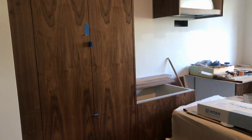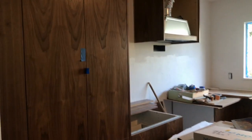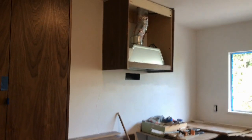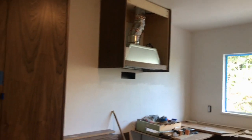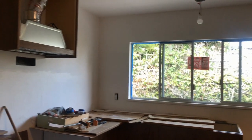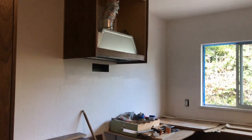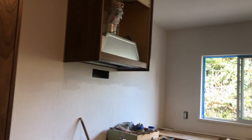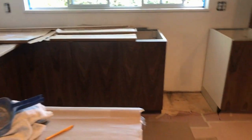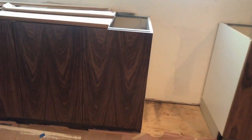Okay, it's been a while since I've updated the kitchen, but it's looking good. It's definitely a slow process. That is going to be covered. That is going to be the hood above the stove. That's missing right there. I think the last time I updated was when these panels were just going on, but